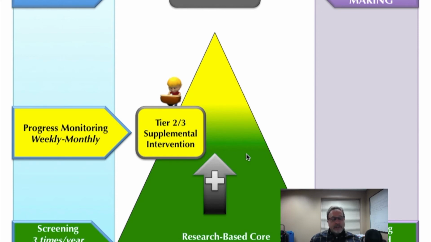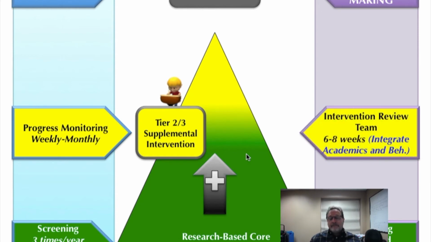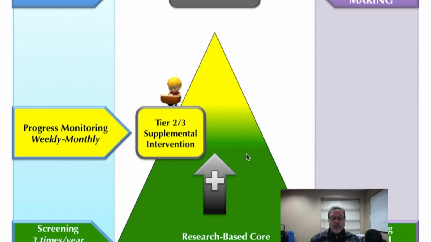We monitor progress, both with academics and behavior. Then we have review teams that look at that progress monitoring data. As I mentioned before, a key and important place to integrate both academic and behavioral information is at those tier 2 intervention review meetings, where you're looking at students who have been receiving those interventions and how they're doing both academically and behaviorally, so that you can determine where you need to tweak, where you need to add something, where you need additional support.